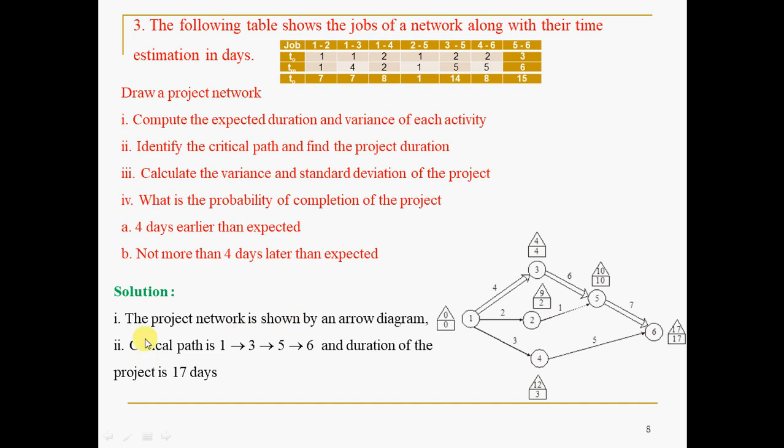Directly or indirectly you have answered 2 or 3 questions now. You have drawn the project. Fine. You have identified the critical path. Then its duration, the project duration. How to identify the critical path? See the forward paths possible from node 1 to the last node. The path whichever takes the longest duration is the critical path.